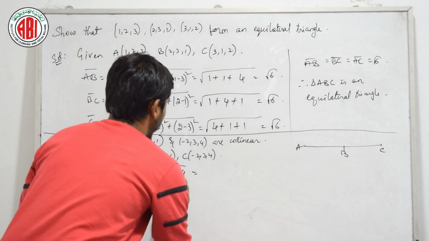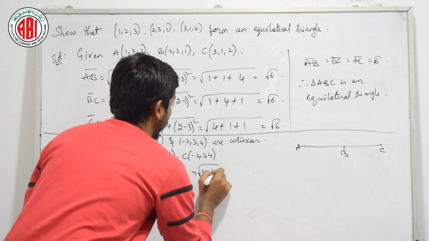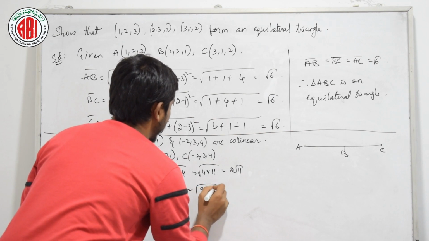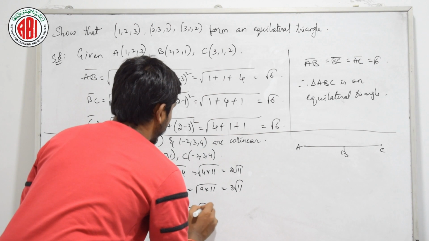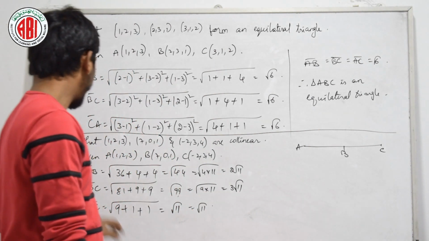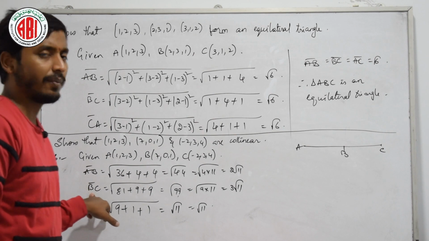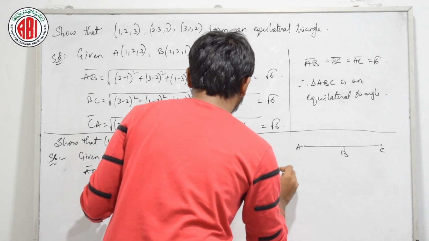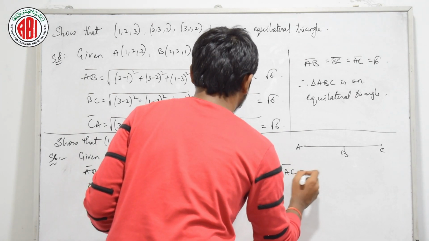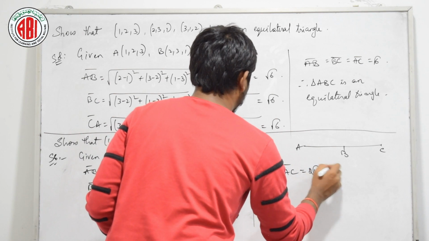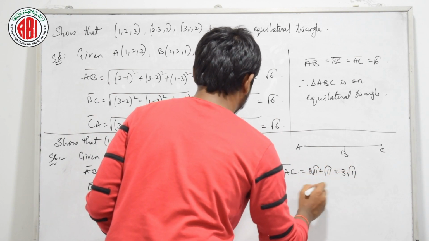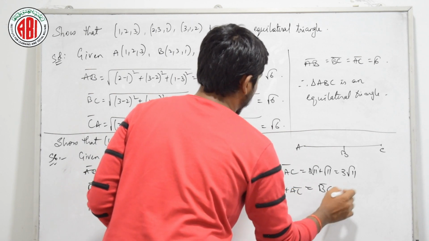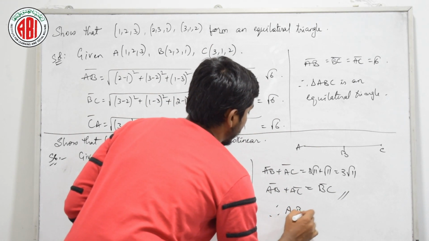Let's simplify. Root 44 can be written as root of 4 into 11, which is nothing but 2 root 11. Root 99 can be written as root of 9 into 11, which is 3 root 11. Here it is simply root 11, right? If I add this AB and AC, am I not getting BC? See here, AB plus AC, I am getting 2 root 11 plus root 11, which is 3 root 11, which is nothing but BC. Therefore A, B, C are